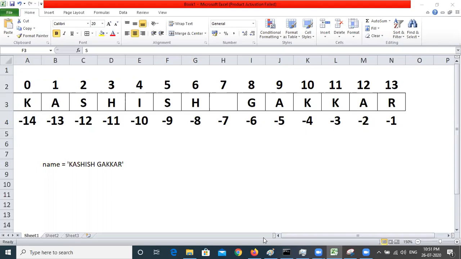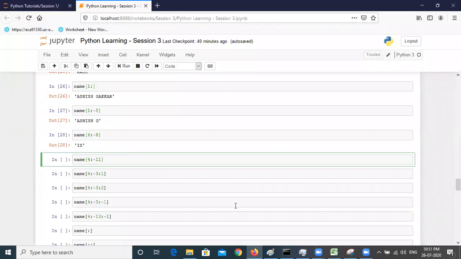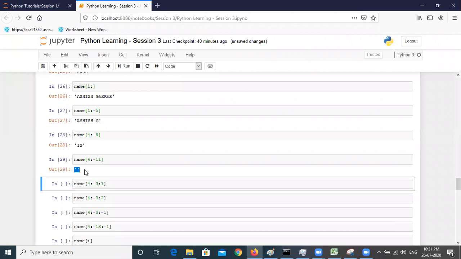Okay, let's try this one. That is wrong. So this will give out a blank result, an empty string. That's okay. Those were good guesses, but yes, we have to practice a lot. That's why I've taken so many examples of this concept.